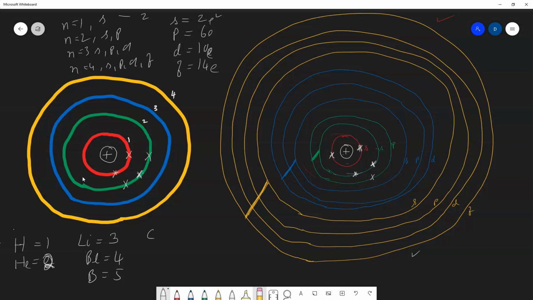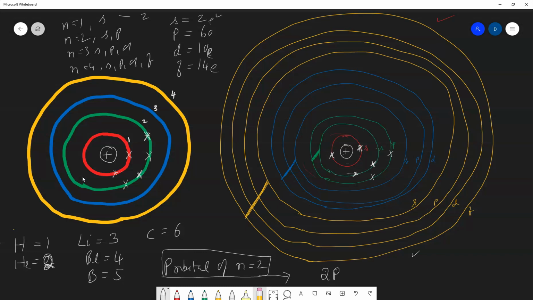Next is carbon, which has 6 electrons. Here you show the next electrons in the second shell, whereas in the SPDF model the next electron will be in the p orbital of the second shell. So it is a p orbital of shell number 2. You also have to start practicing how to write this sentence in a simple notation. This is the way you write the p orbital of shell 2,